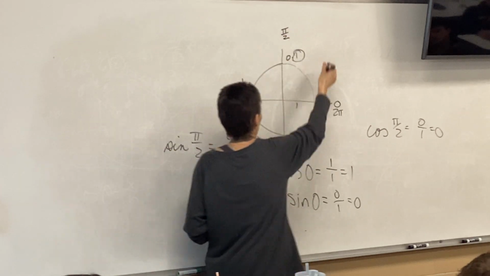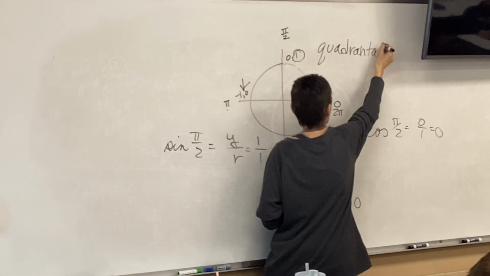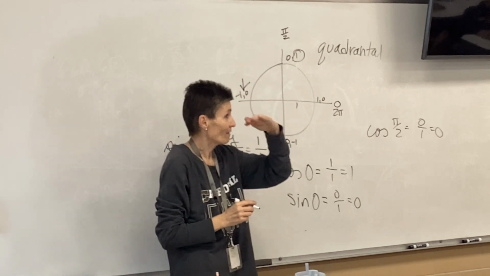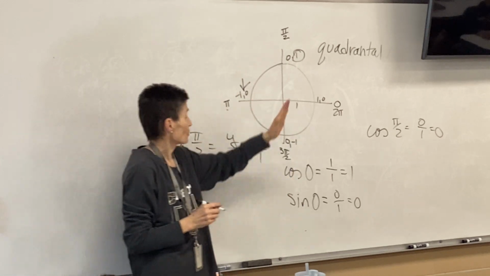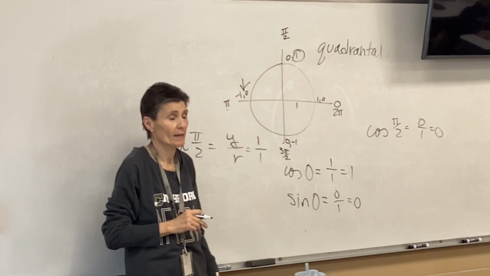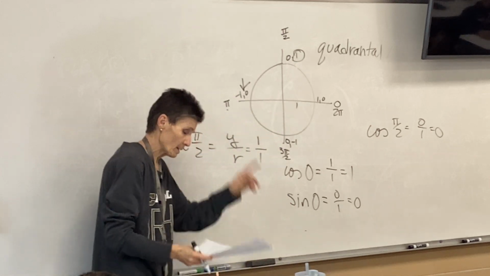Those angles, I can't remember if I told you or not yesterday, these angles that we have labeled right here are called the quadrantal angles because they terminate on a quadrant divisor line. So 90, 180, 270, those are called quadrantal angles. Okay, now,